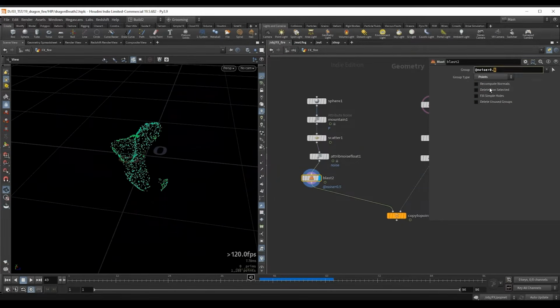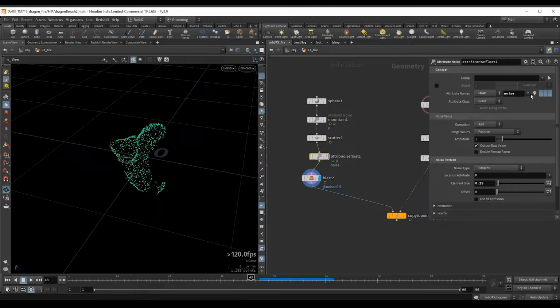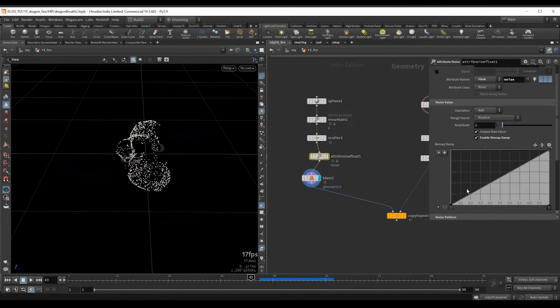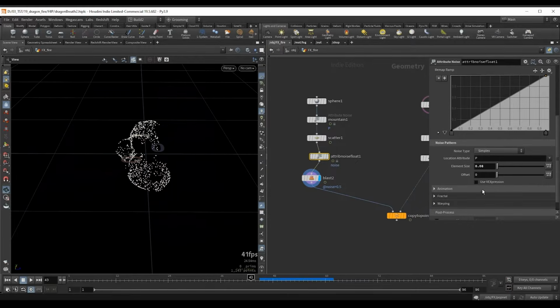So if I decrease this further, let's try, or maybe I can increase this to 0.7. And now we can go back to our adjust float. Let's turn off the visualizer and let's just reduce the element size here. Let's do something like this. We can also remap values, so we can delete more points or fewer points if we want. So we can do something like this, and of course we will animate this.